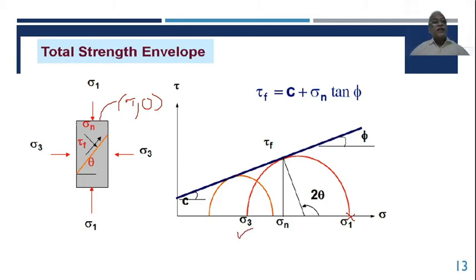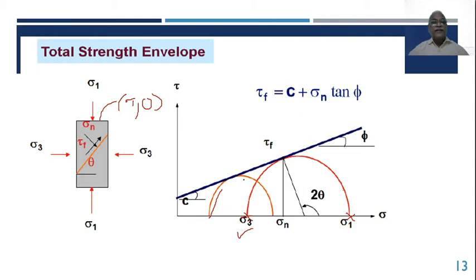Sorry, the two planes are perpendicular to each other. That's why these two points, the sigma 3 point and the sigma 1 point, have to be the diameter. I can find out the center of the circle and then draw the circle. Likewise, you can apply different values of sigma 1 and sigma 3 combination and see that the failure condition is arising. So there is combination 1 with sigma 1, sigma 3. A second combination is taken, and then they have plotted a second